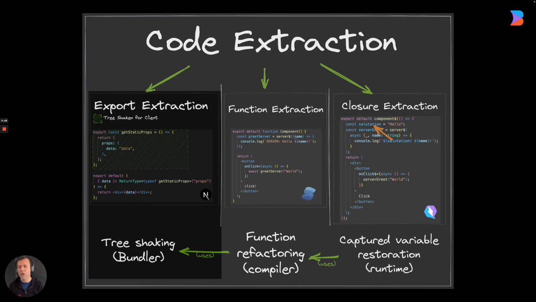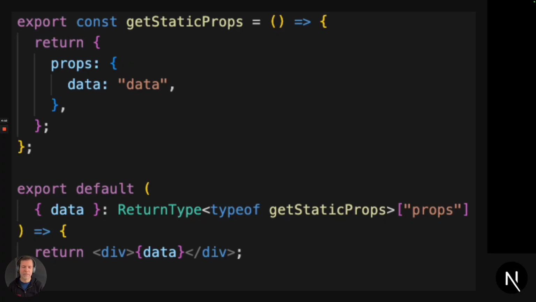So let's look into export extraction. What is that? If you look at Next.js, the way Next.js works is that you have the getStaticProps. Basically, this is a piece of code that executes on a server. So here is where you would do your database call. You could talk to the database, you could talk to the file system, anything you want. This can be asynchronous. And so this piece of code right here executes on a server.